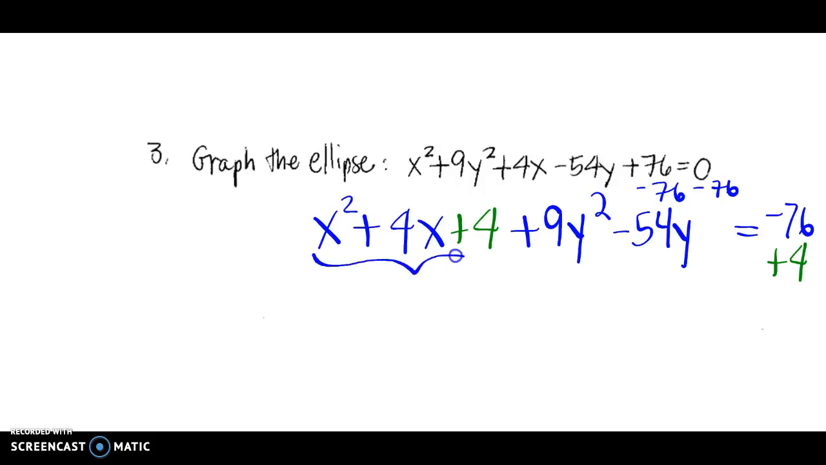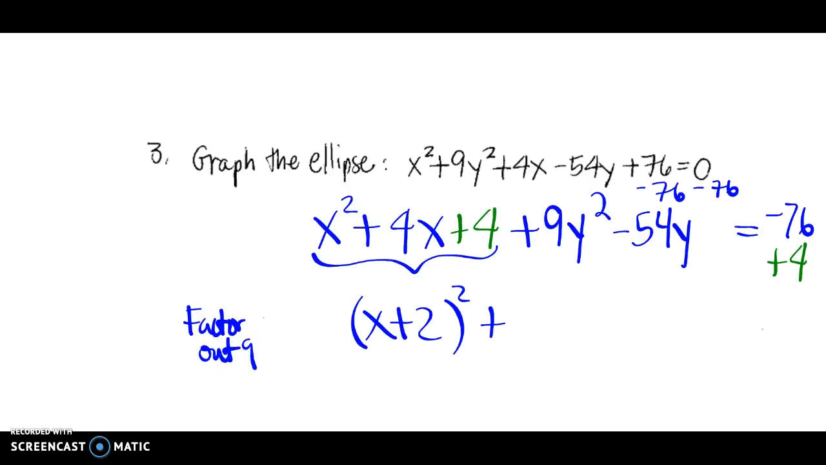So this right here is just like we did it with the circles. What is this going to factor into? X plus 2 squared. Okay, now this has a 9 in front of it. We don't want the 9 in front. So from those two terms, I'm going to factor out a 9. So if I pull a 9 out here, I'm going to change that to an 8. Then what would be left inside the parentheses? You'd have a y squared minus, because we're factoring out a 9,